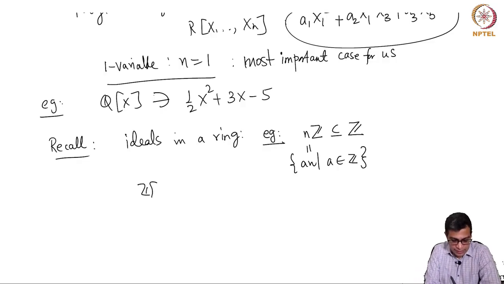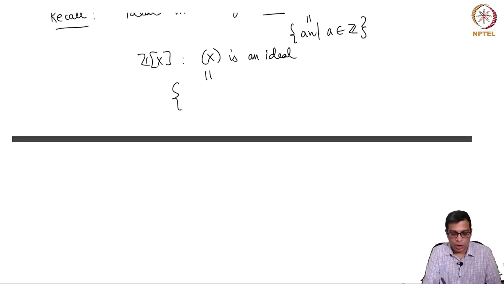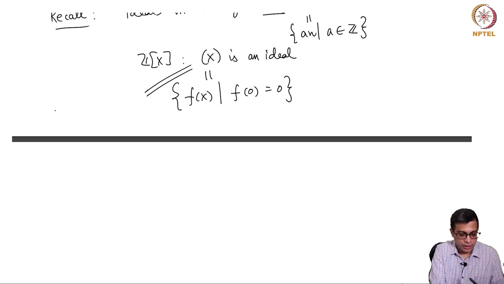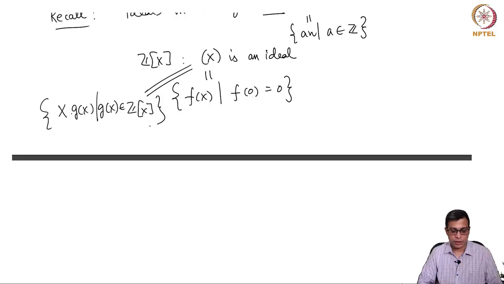In Z[x], (x) is an ideal, right? So (x) is an ideal. It is defined to be all polynomials where the constant term is 0. Okay, so remember the definition is that it is x times some ring element, g is arbitrary, right? So which is to say that every